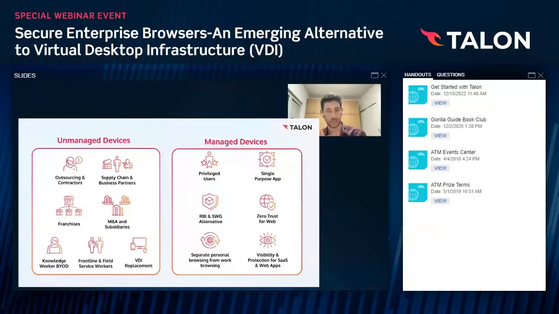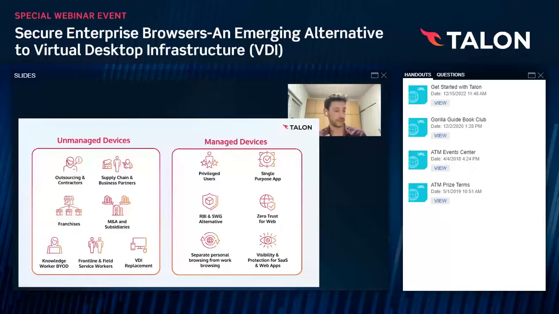For the managed devices, we have many cases where you need either for privileged users that have privileged access to some of your web or SaaS applications, tighter means of control, or single purpose application, which is what we call the cases where you use the browser only to access a very strict application, but also general replacement or displacement or reducing the reliance on other security mechanisms, like for example, RBI, Secure Web Gateway,